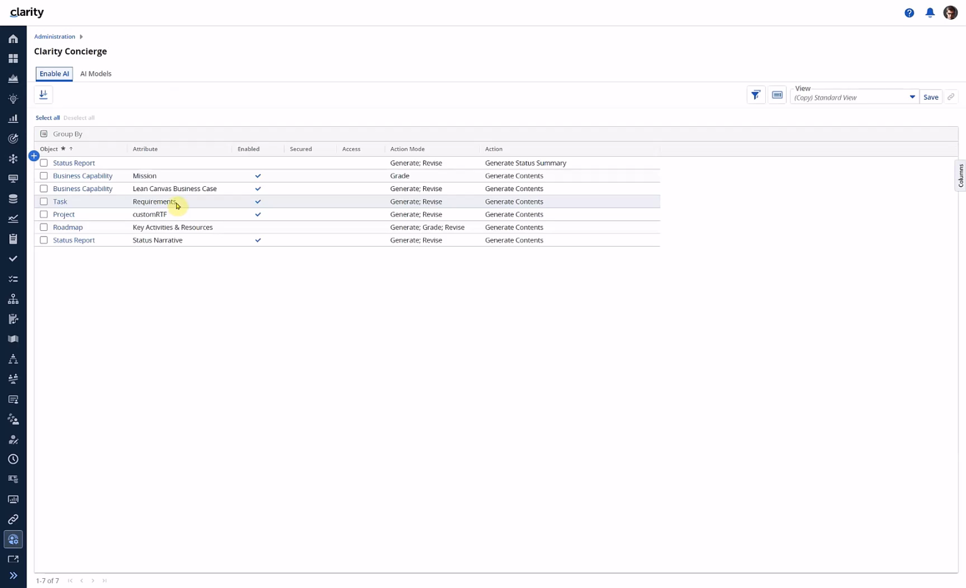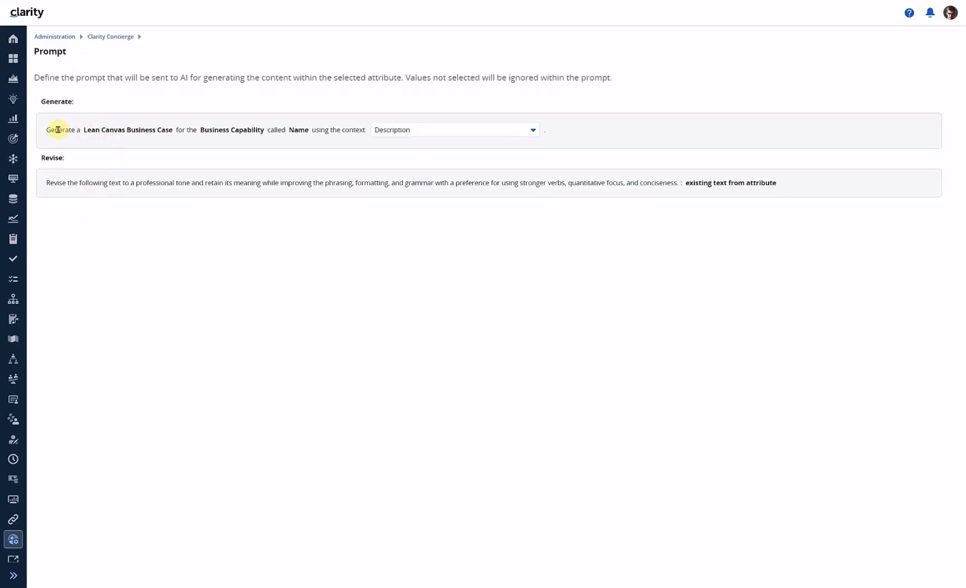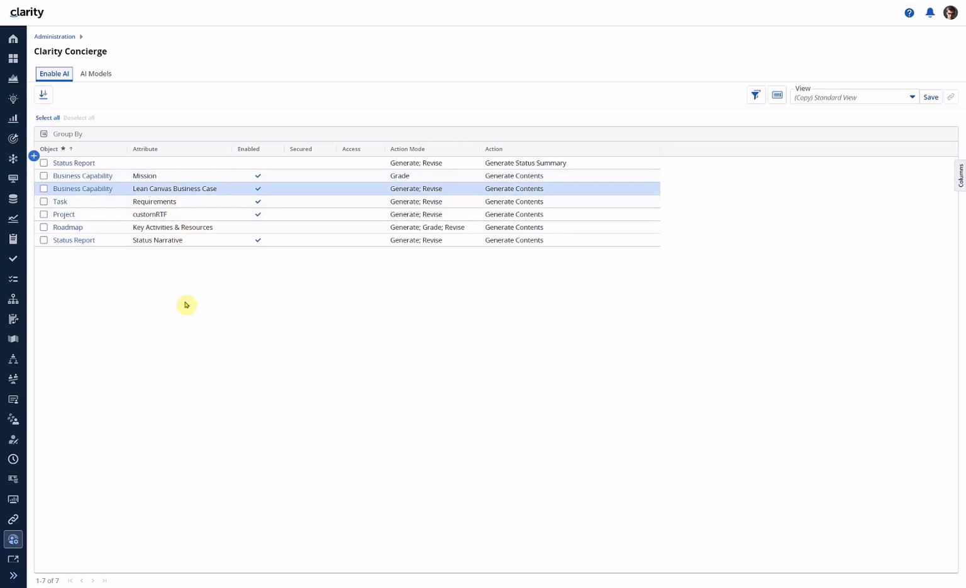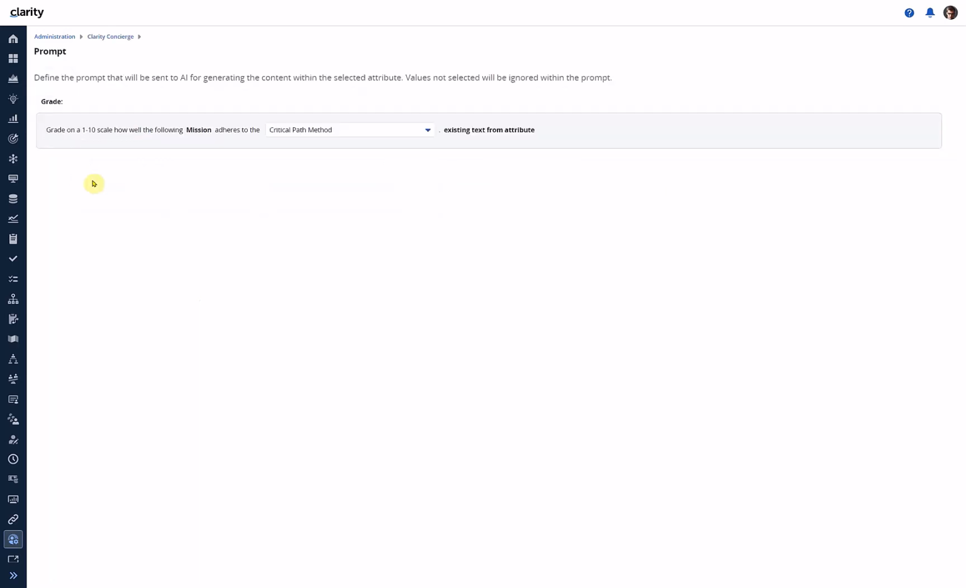If I go back out and I look at the object itself, the master object, where I've defined an attribute and its AI action, that prompt, as you can see, has the same generate so and so for my object called so and so, and then the context itself. It does not have any parent information. Going back out, if I now look at the grade, for the same object in a second attribute, I've configured grade. If I go look at the prompt for the grade, that one is defined as such, where